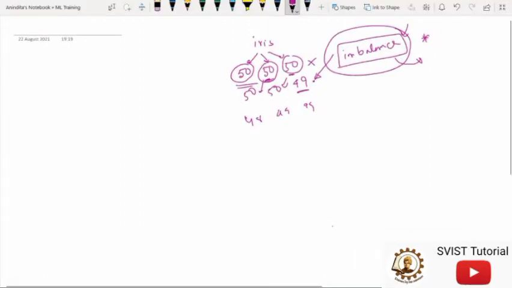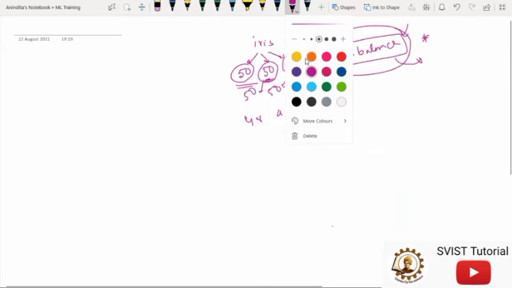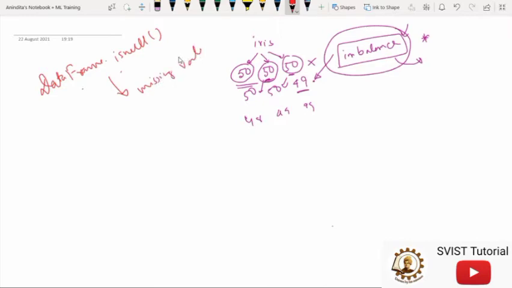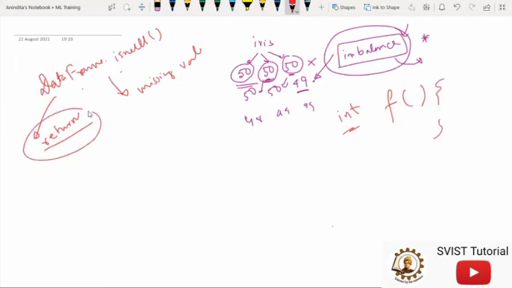So let me write the function. Whenever you go to the Python specification, you will find that the general syntax is dataframe.isNull. So this is the basic syntax. So for our case, it is data.isNull. Now it is responsible for detecting the missing value. So it is clear. But what will it return exactly? What data type will it return? This is the question, because whenever I write any function, there will be some return type of that function.